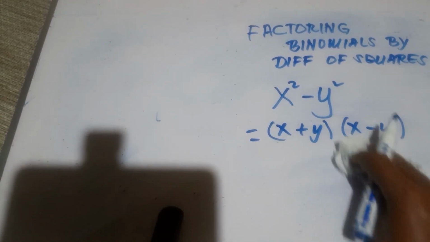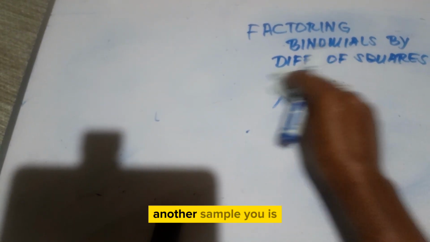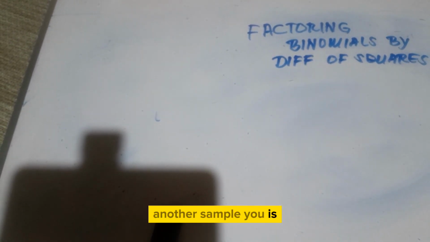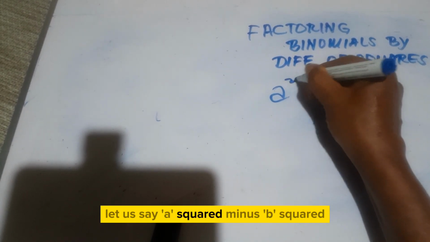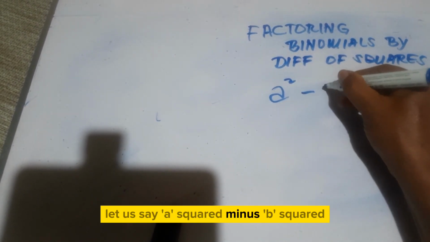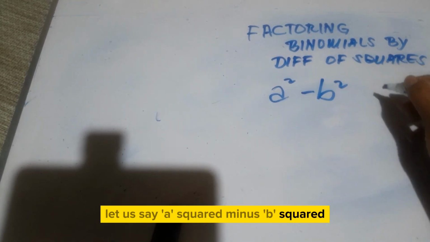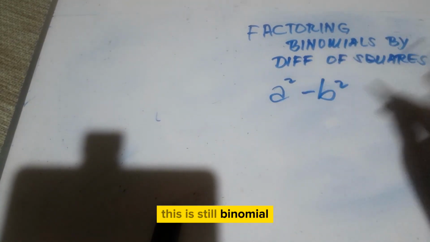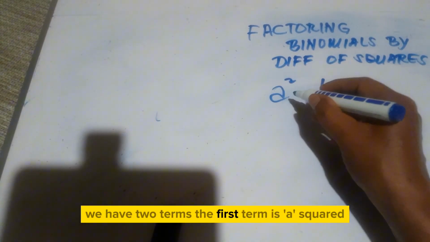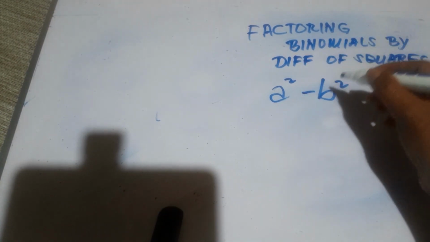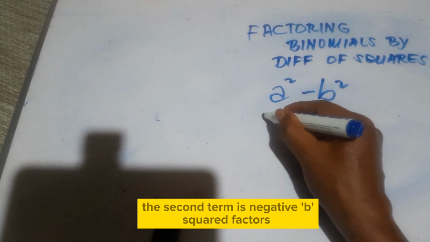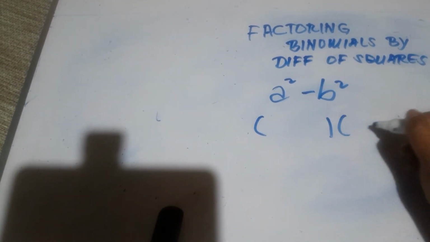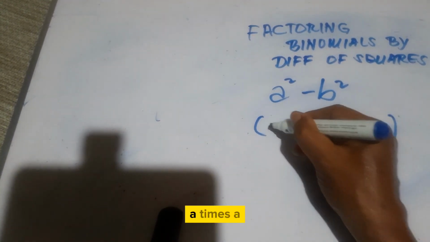Another sample here is, let us say, a squared minus b squared. This is still a binomial. We have two terms. The first term is a squared. The second term is negative b squared. Factors: a times a,